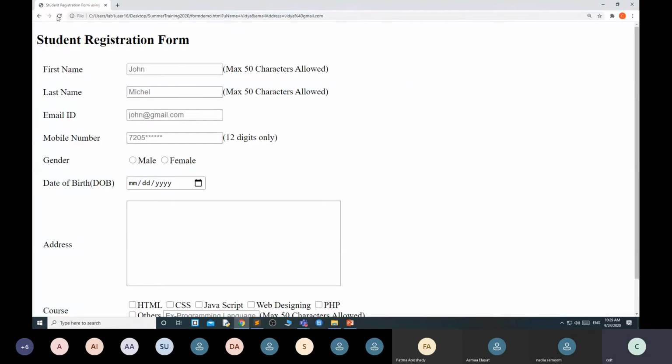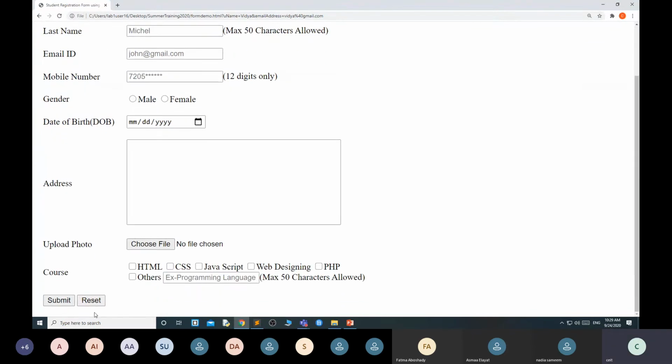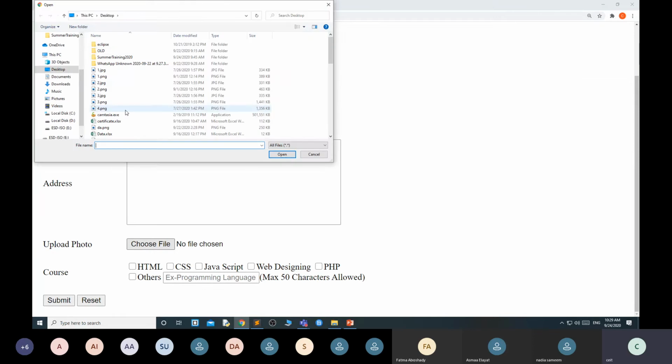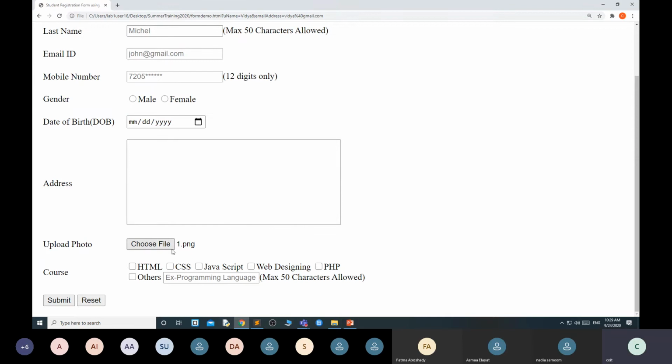You can see once you use input type file, you will get it like this. Once you click this, you can select any file, and it shows the file name. This is for when you want to upload your photo, and when it is stored in the database, your photo will get saved.